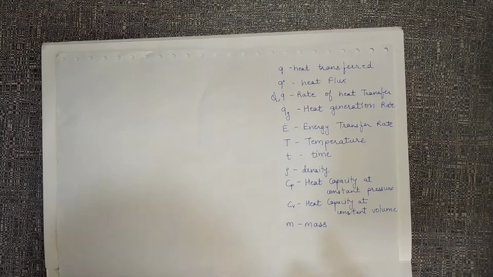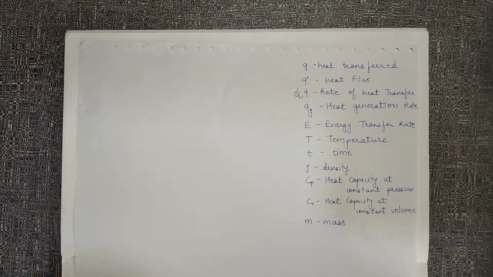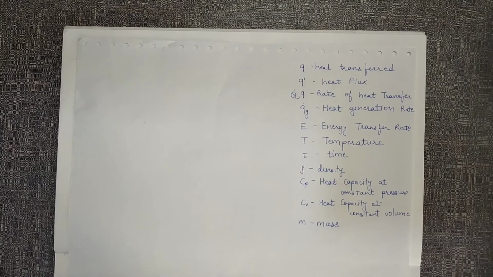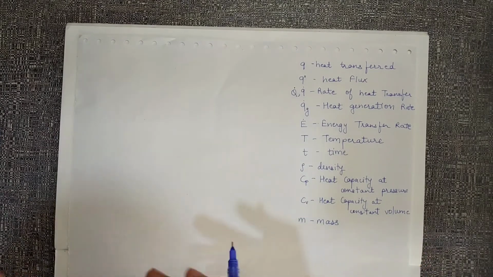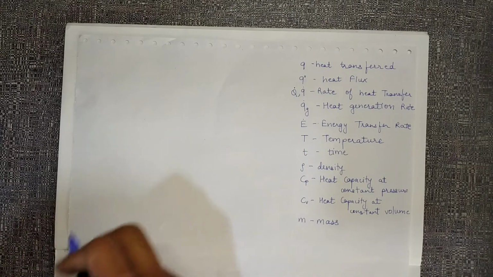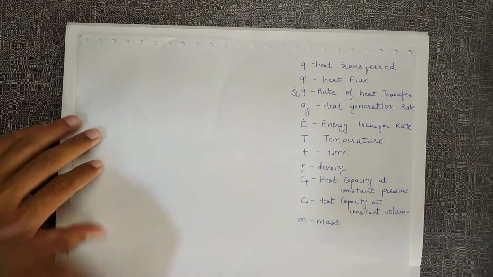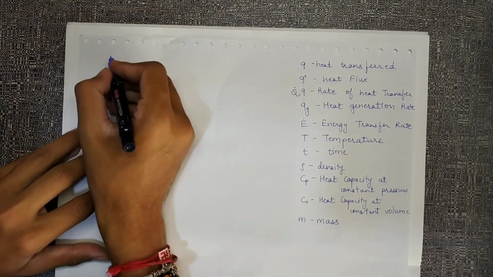So we'll quickly revise what is conduction and then go to Fourier's equation. That will help us to solve for heat transfer, or solve for the value of K, or solve for the value of temperature. There can be multiple purposes for which we can use Fourier's law, but using Fourier's equation is tough. In that there is a spatial coordinate x, so we need to understand some things regarding that also.